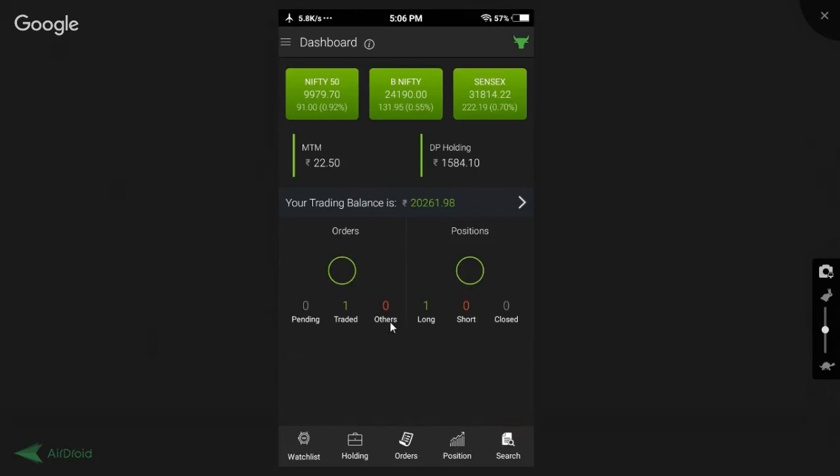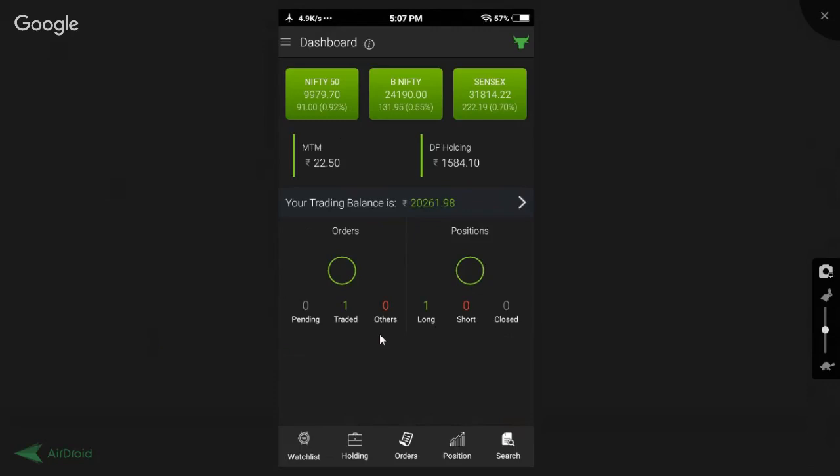If anyone has any doubt regarding this, they can type their queries in the chat window and we will solve it. Hence there are no questions yet from our viewers, so we'll proceed further to check the other features of the